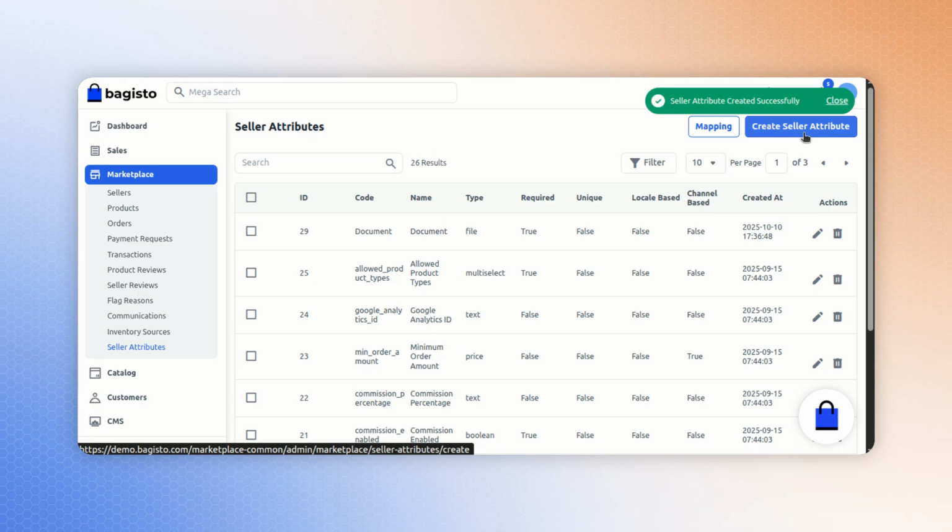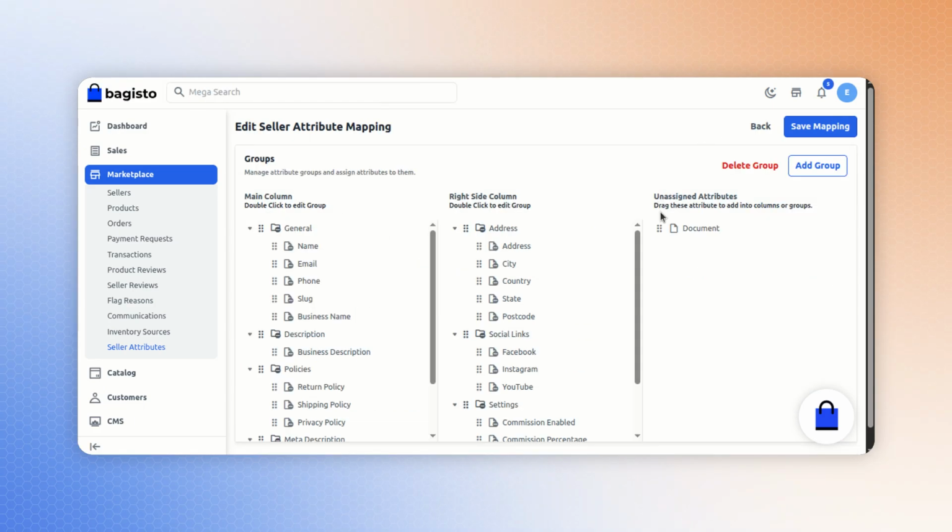Once the seller attribute is created successfully, it is important to map it. Click on the Mapping button. Here you will see Assigned Attribute. Simply drag and drop it into your desired group. Once the